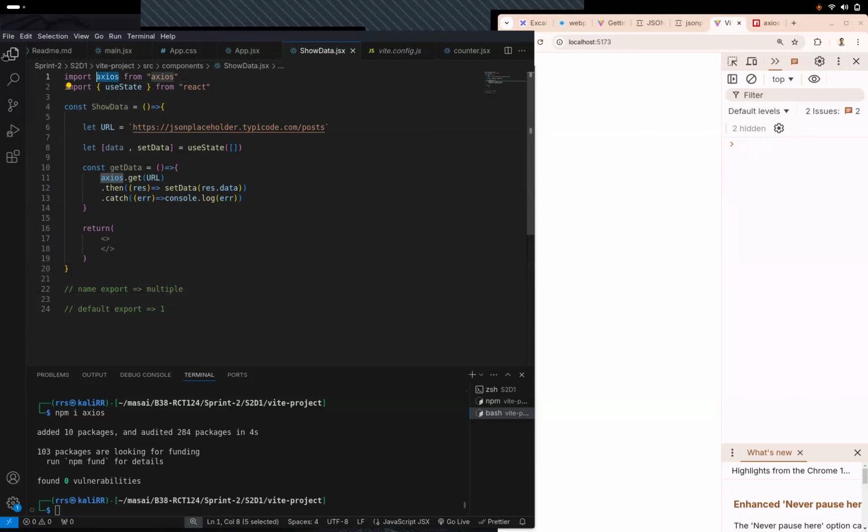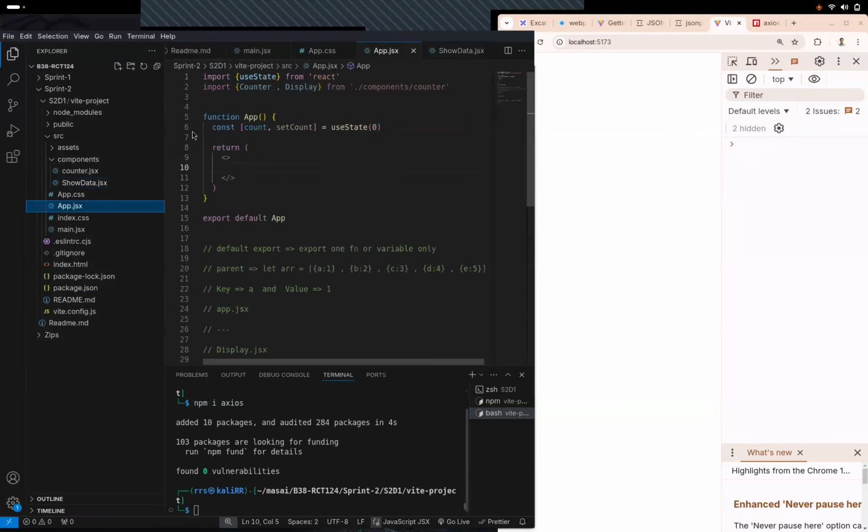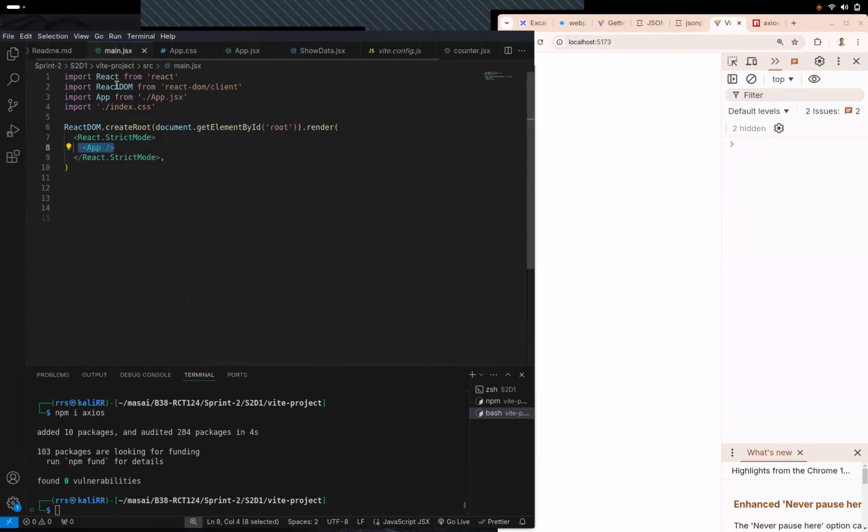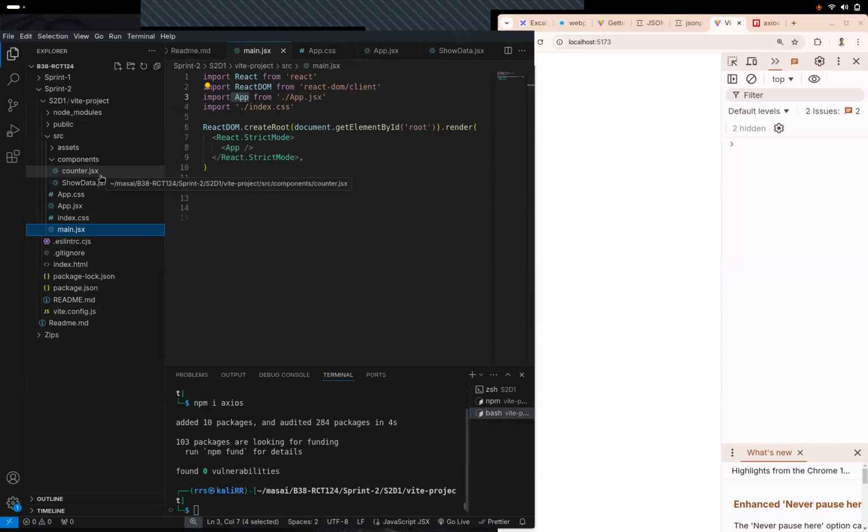Right? This is what happens. Again, I'll show you App.jsx. Can you see that it's exported the default way, export default App, right? So if I visit main.jsx now, you'll see that App is imported in what fashion? Default, right? It knows that only one function or variable is going to come from there, so you can directly write the name. Okay? Clear?